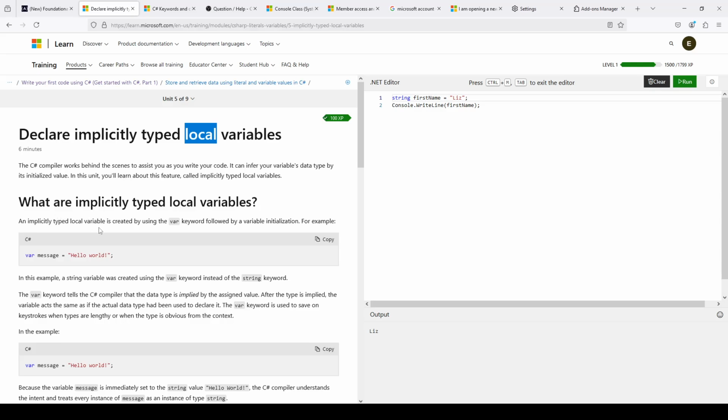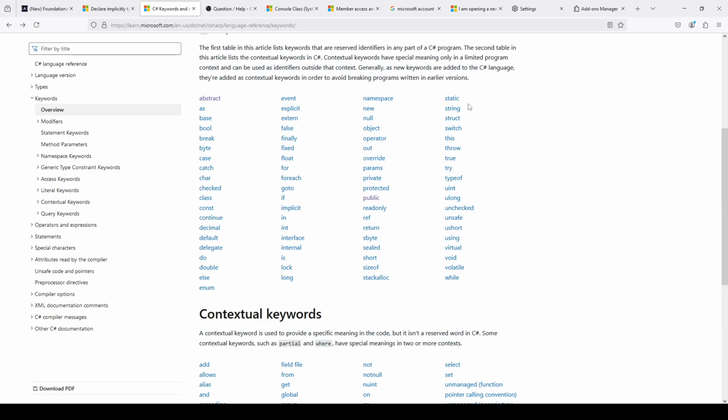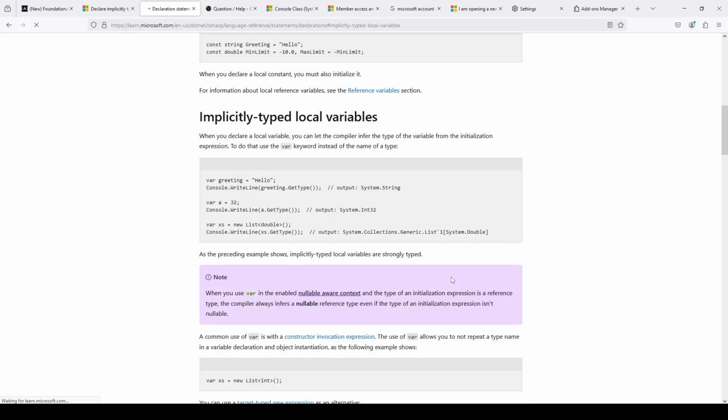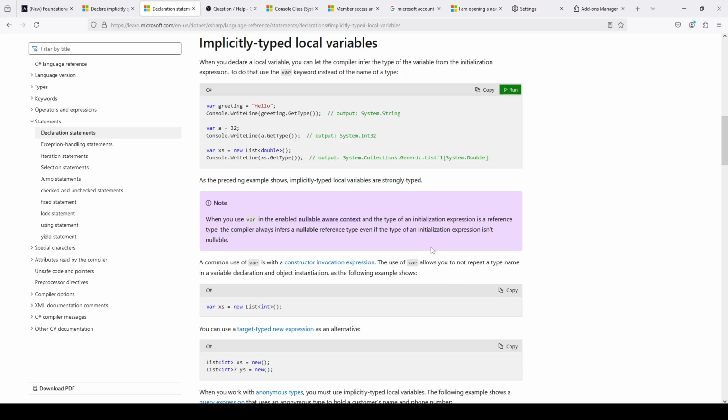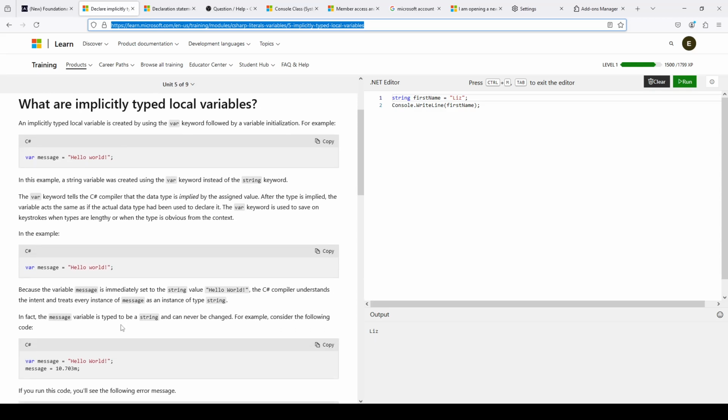An implicitly typed local variable is created by using the var keyword. Which is contextual. Interesting. Oh, it just takes you. Yep, okay. var tells the C# compiler that the data type is implied by the assigned value. After the type is implied, the variable acts the same as if the actual data type had been used to declare it. The var keyword is used to save on keystrokes when types are lengthy or when the type is obvious from the context. So,